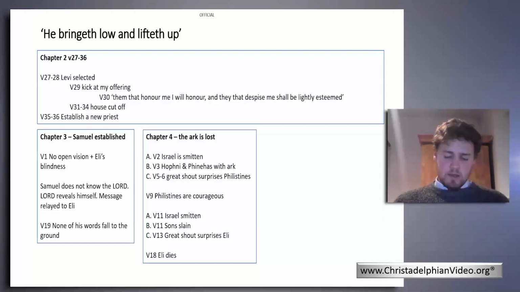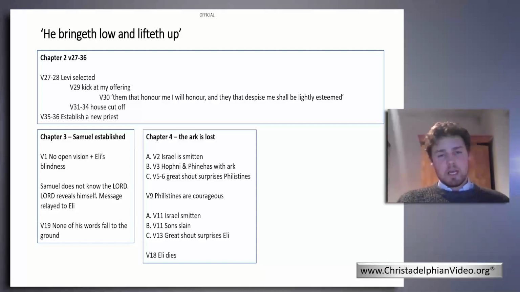it begins with the Israelites being smitten, and therefore they decide to bring the Ark of God into battle with them in order to have it as a talisman and to protect them. And we see in verse 4 that it's Hophni and Phinehas who are with the Ark, and there is a great shout which goes out from Israel, and the Philistines don't know what's going on, and they realize then that